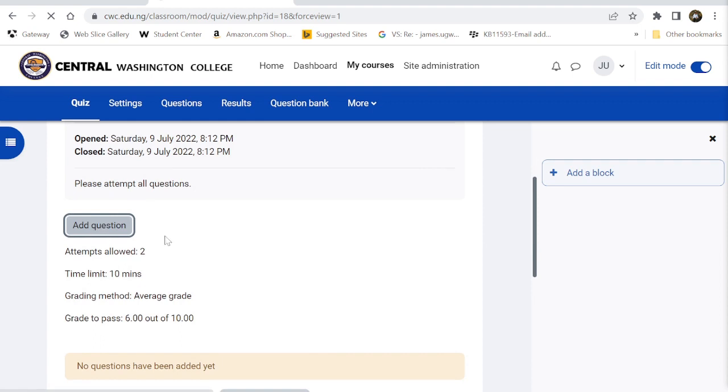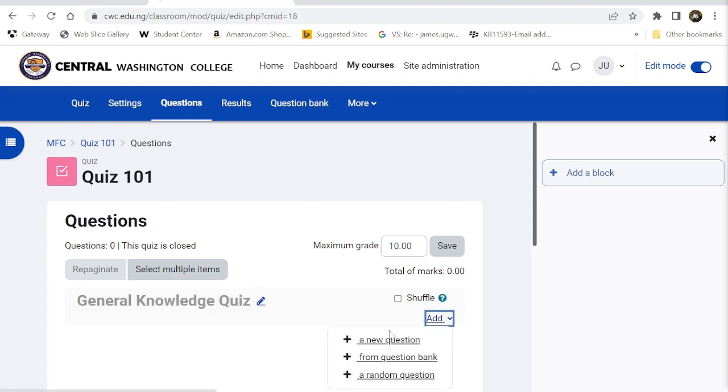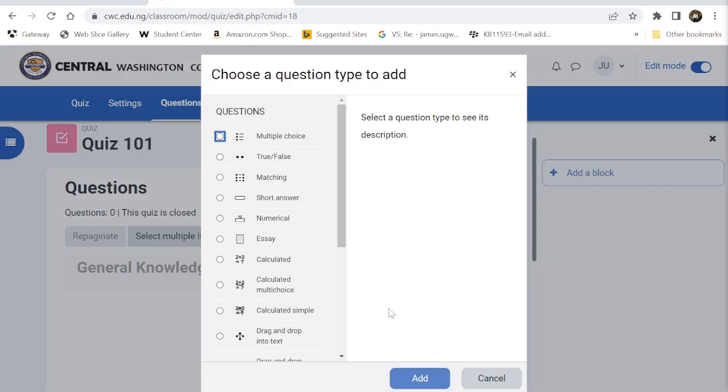Click on add question, and once the browser loads, you can start editing. Right here, there's really nothing. You can just say general knowledge quiz. Really, anything can go there. Press enter when you're done. Then click here to add question. You can select from your question bank if you have one, or you can pick random questions. But since we haven't done this before, let's just do